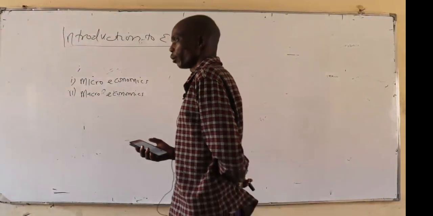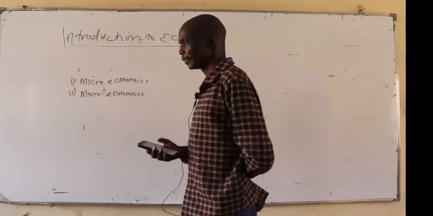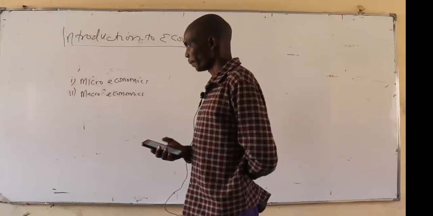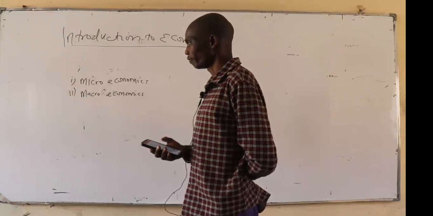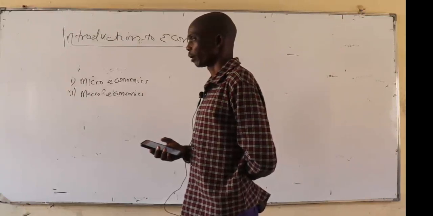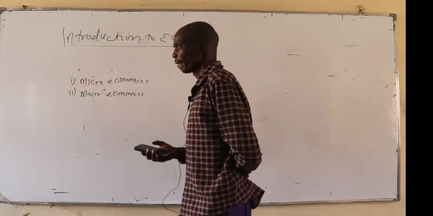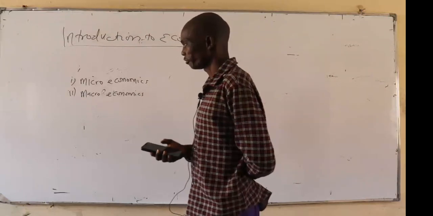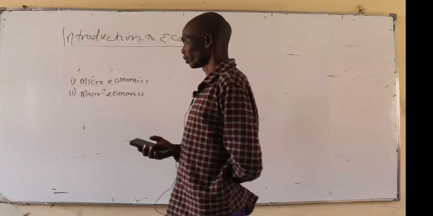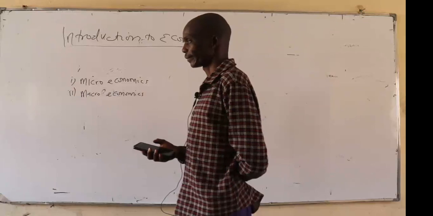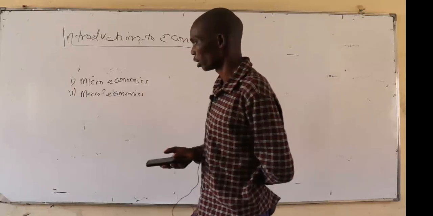Remember, when I was starting, I said that there are three major economic decision-making units: the household, the farms, and the government. Each one of those is striving to maximize on an objective. The household is maximizing on their welfare, the farms are maximizing on their profit, the government is maximizing on the welfare of the people, basically based on the scarce resources at their disposal. So those we had said.